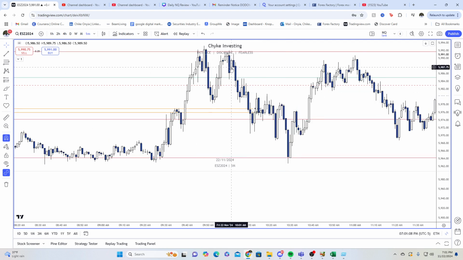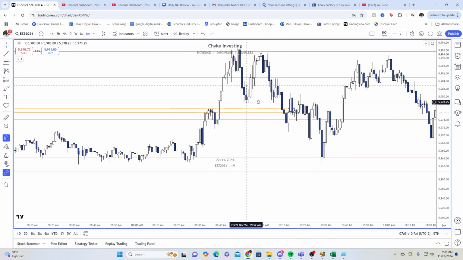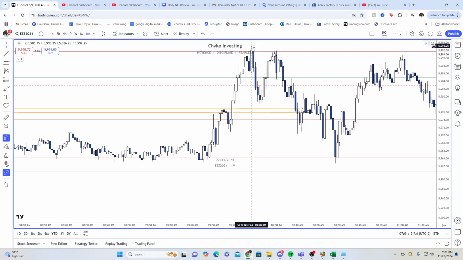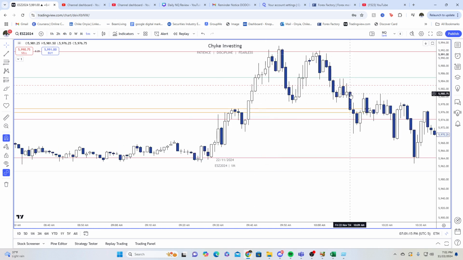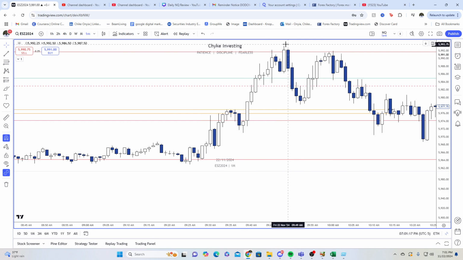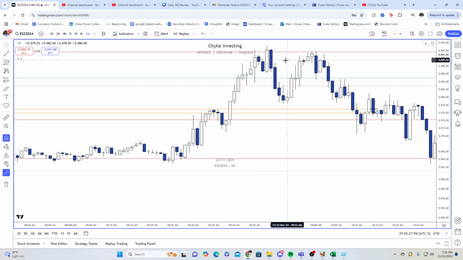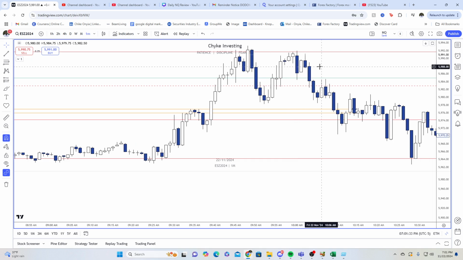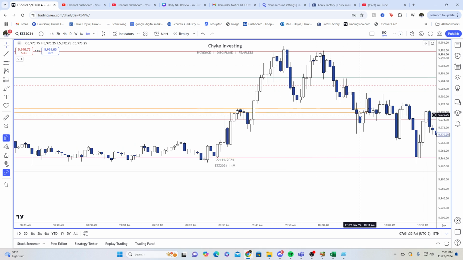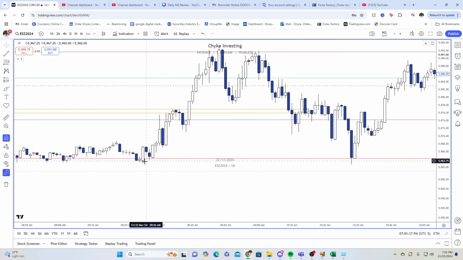Price ends up going higher, respecting this series of fair value gaps right here. It doesn't take out this high, so some people place their 22 model entries and place their stop loss above this high, right? I would have set mine above the breaker right here. But honestly, on a day where there's high resistance, it's probably more beneficial to put it on top of the high because price can actually reverse pretty aggressively. But it'll still end up going in your direction if your bias is right, heading towards this equal low.